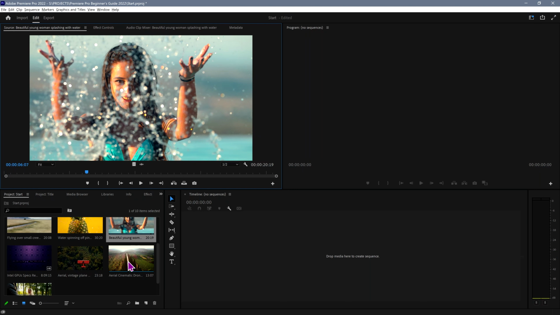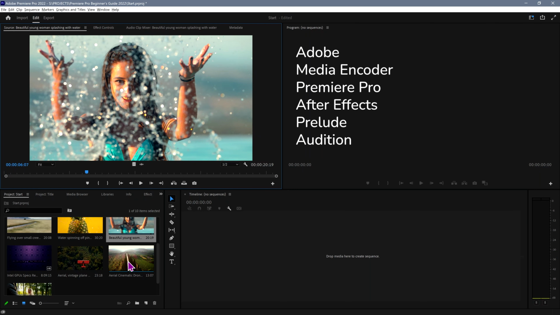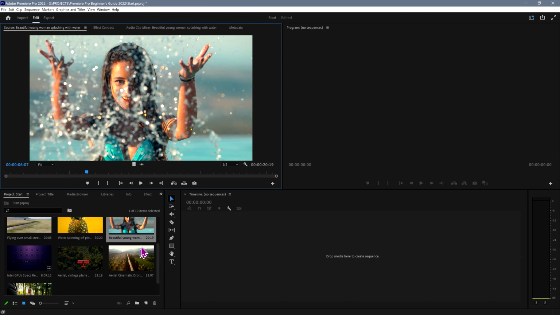So in the input section, we would have software like Adobe Audition for editing our audio, Prelude for initial work on video. We might be working with After Effects. Certain features that you'd find in software like Adobe Premiere Pro, you don't find in Adobe Premiere Pro, you find in After Effects. You can also use software like After Effects and Media Encoder on the output side after you've finished working with your project. But here we're going to do things inside of Premiere, and what we do here, we're going to